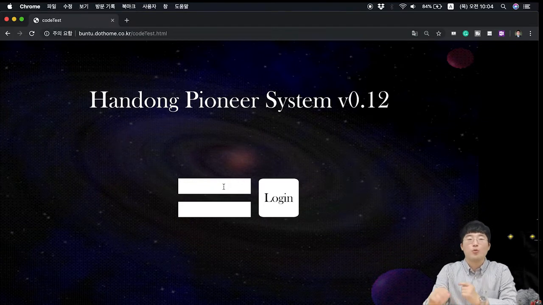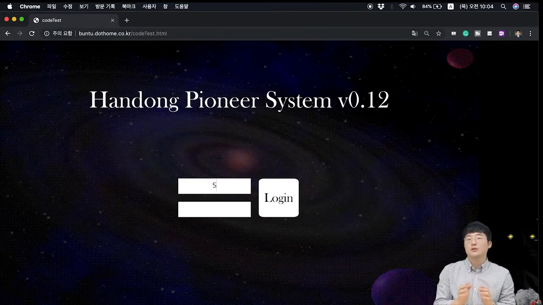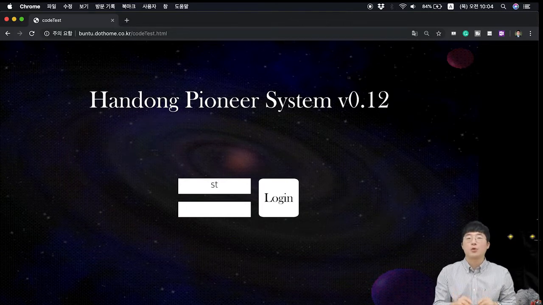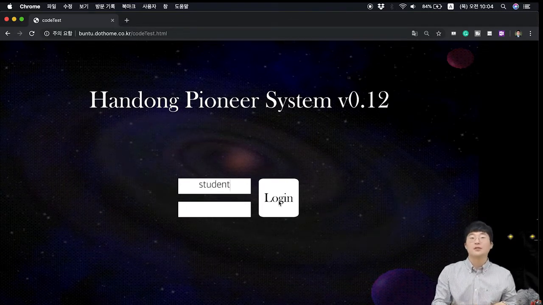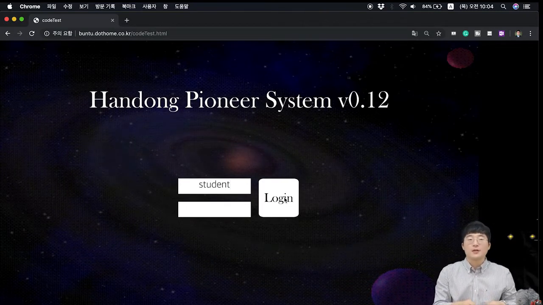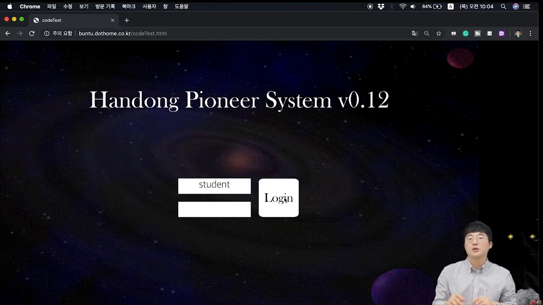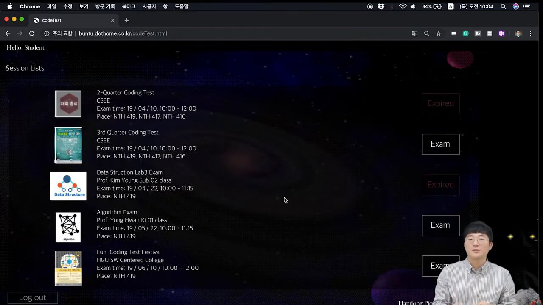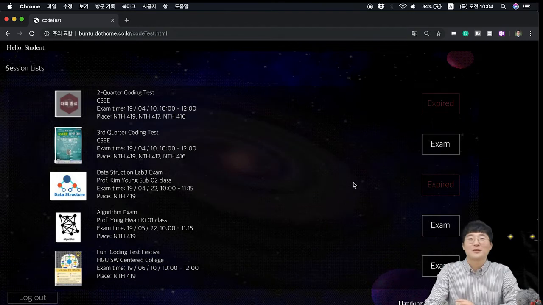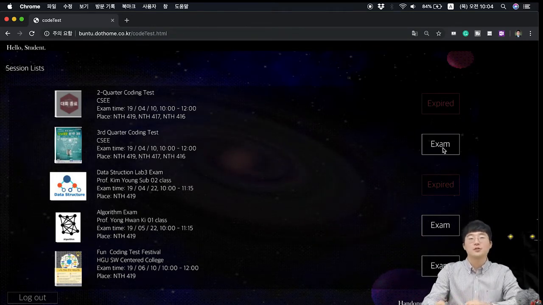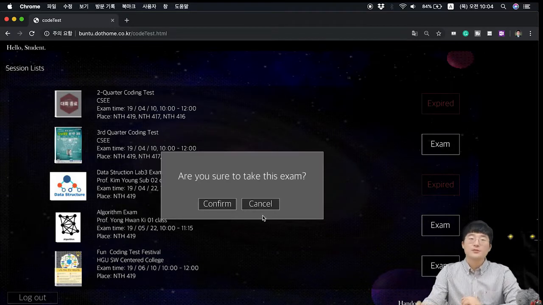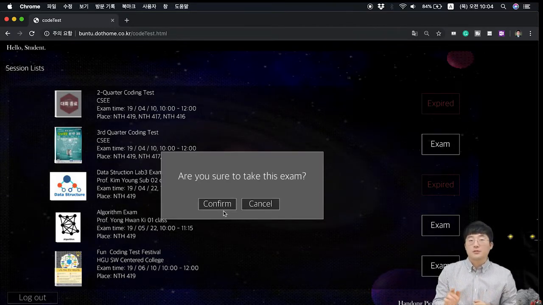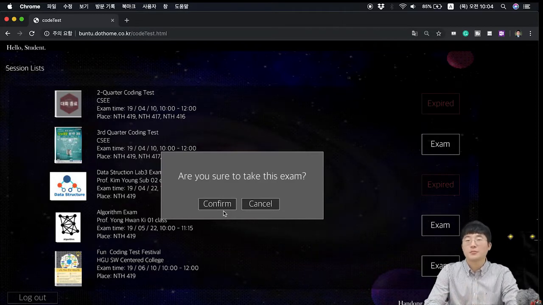From now on, let's look at the issues of the scenario by looking at the actual mockup page. First, sign in to the student account. The grading system then shows the exam session that the student can attend. If the student clicks the exam button, they can enter the exam session. As soon as the student clicks the exam button, the original scenario shows the tutorial of the exam session page